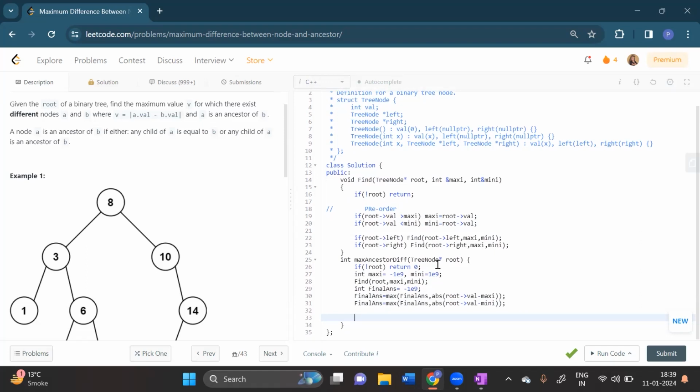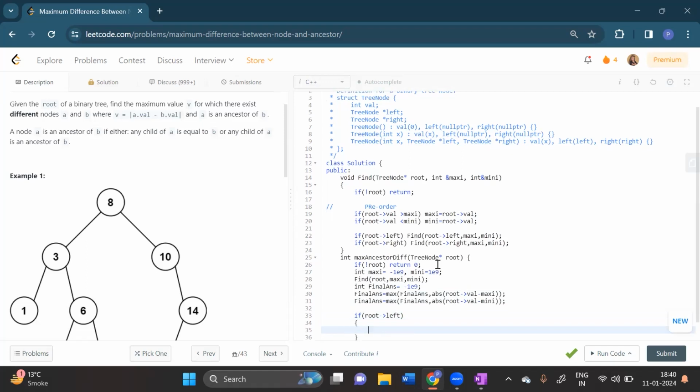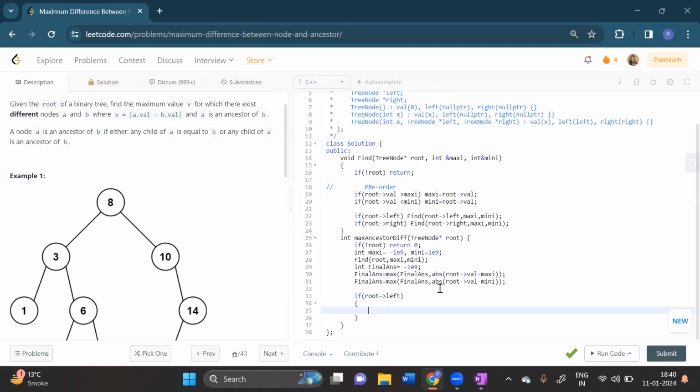Now I would want to call recursion, okay? I have told you how you have to do it. Now do it for the leftover part, that means the left child and the right child, that means the left subtree and the right subtree. So I'll simply say that if root has a left, in that case,